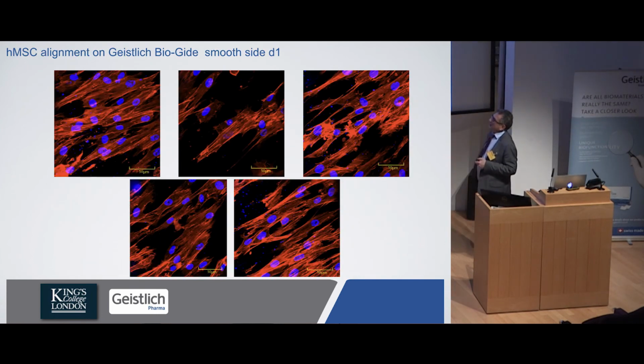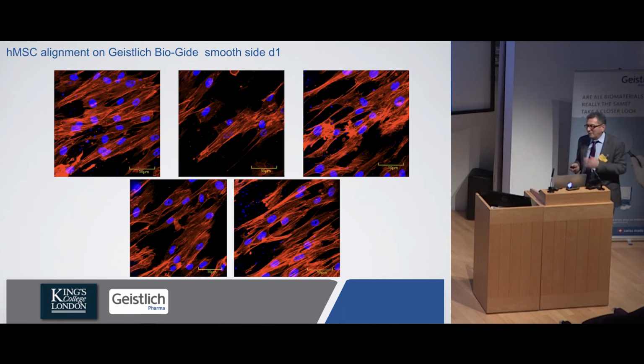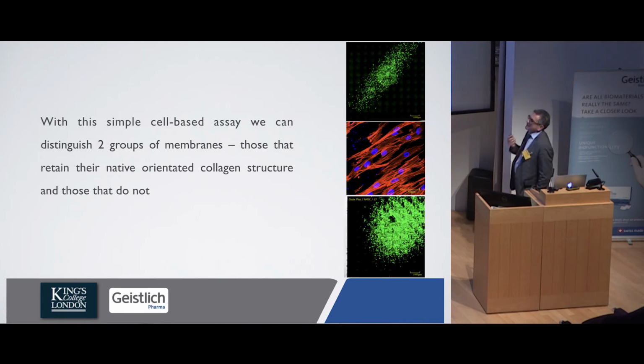And if you look at the ones grown on Bio-Gide, you can see this is actin staining, so it's the cytoskeleton of the cells, so you can see how well they're organized up and down, basically orientating along and migrating along these collagen sheets. So in this simple assay, you can distinguish essentially the two groups of different membranes. Those that are retaining their native orientated structure and those that don't, such as this one here. So then we